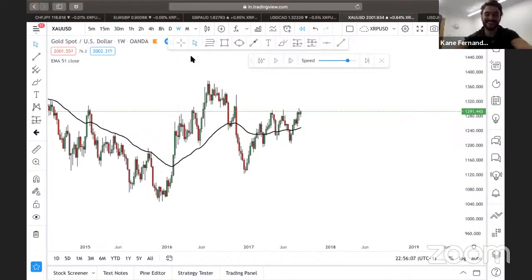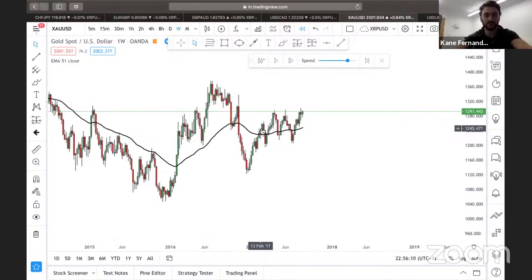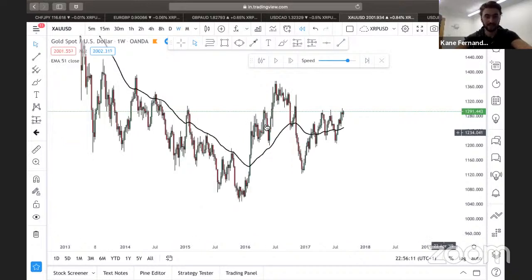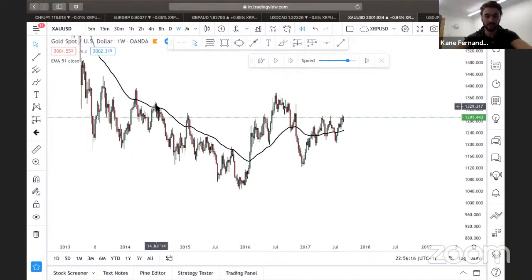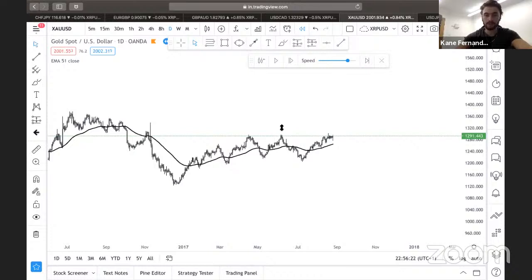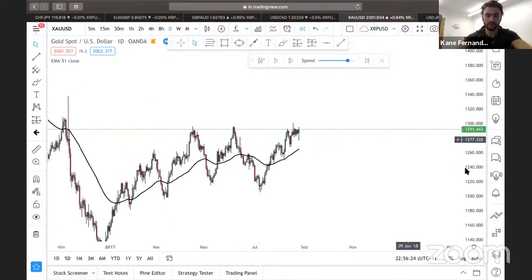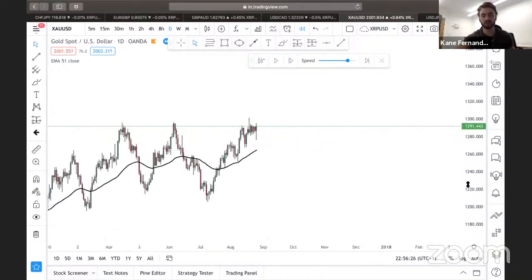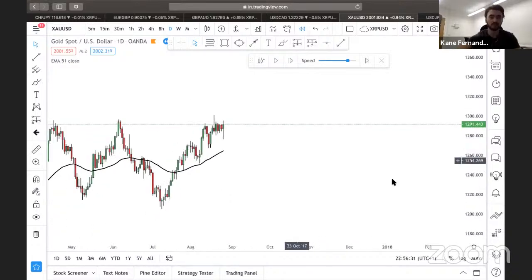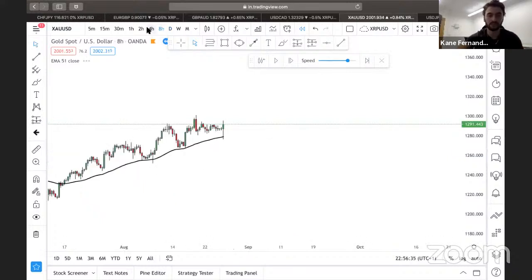All right. So gold. What am I seeing on the weekly? Look, this EMA was acting as resistance, and now it's just playing around, so it's not really doing much for me right now. Let me zoom in on this because you can't swing trade gold, to be honest with you. I mean, you can, but it's a lot. Obviously, for the purpose of the video, I'm not going to do it because it takes so long. So I'm just going to the 4 hour or the 8 hour. Okay, the 8 hour.